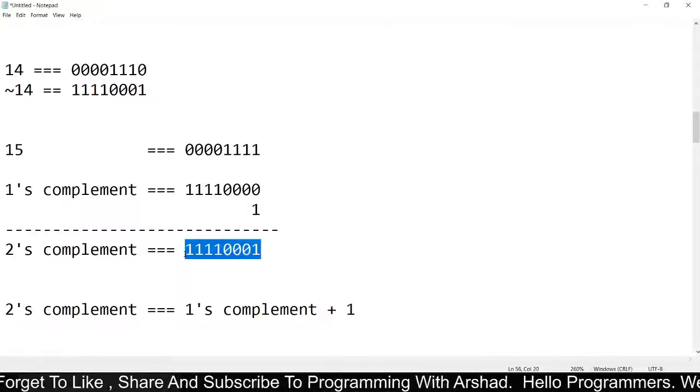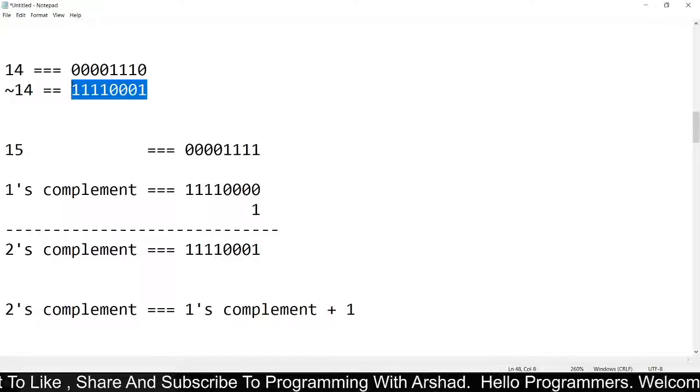Here you can see that the 2's complement of 15 is equal to not 14.